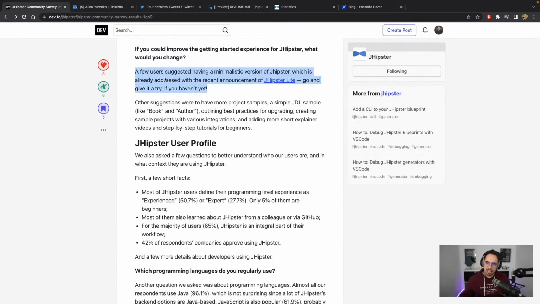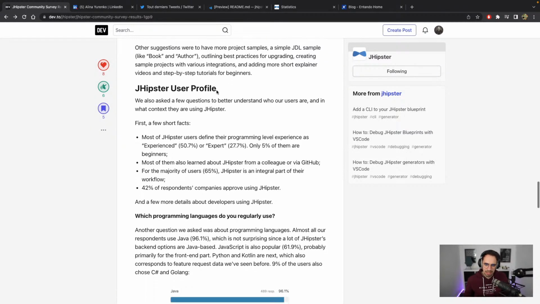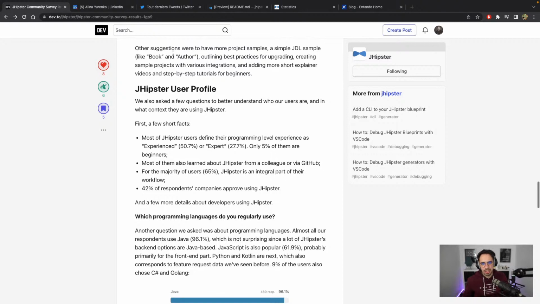So once again, I would like to create another dedicated live, or some dedicated lives, probably to contribute to Gypsum Lite, but also to use it and give it a try live. People also suggest having more simple projects, simple GDL projects. I think we already have